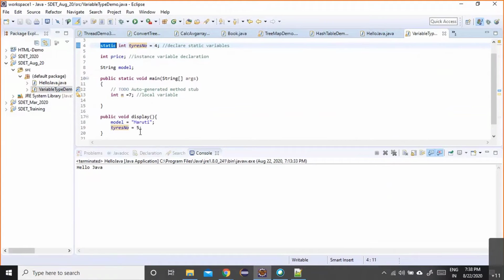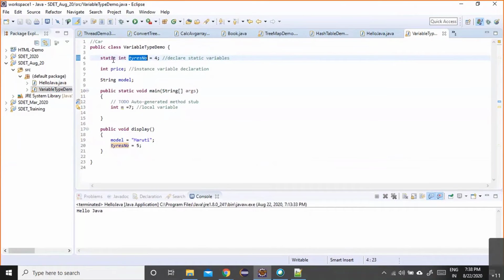But remember that if you have changed this, say for one particular object, then that value will be reflected for all of them. Static will be more clear to you once we do classes and objects, because right now when I talk of multiple instances and objects, it might not be very clear. So I'll take the static concept again once we do classes and objects.